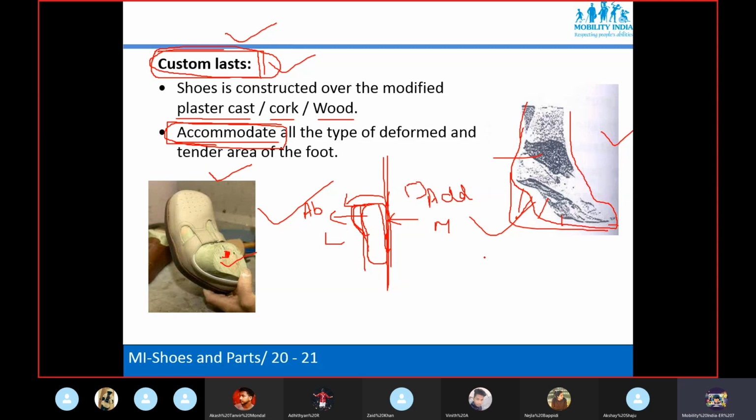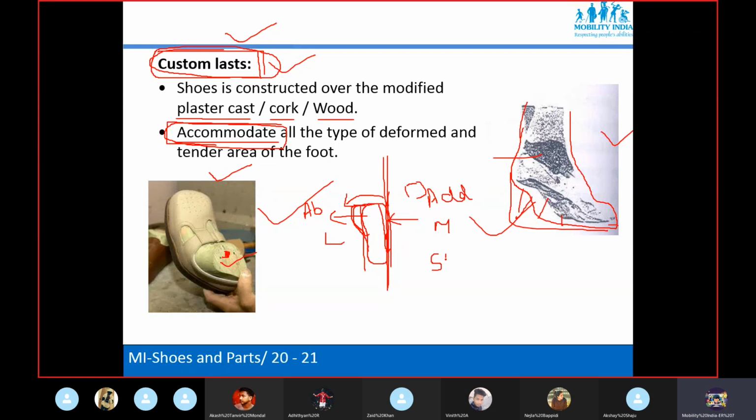So we can correct it only if it is flexible. Yes, only in case of flexible deformity will you correct. So a fixed one you cannot correct. No, a fixed one you can't correct. You either accommodate, or you should go for surgery.